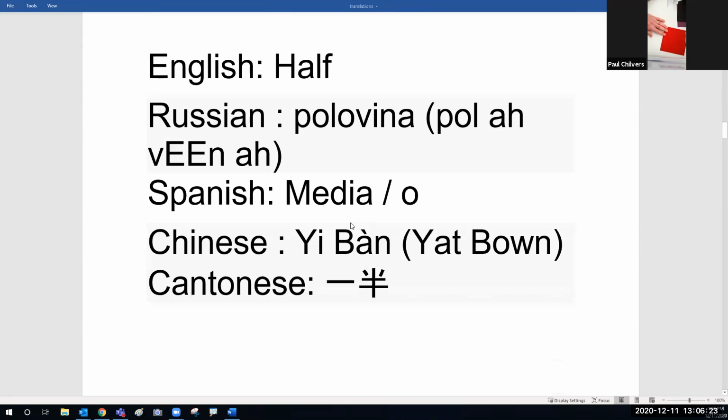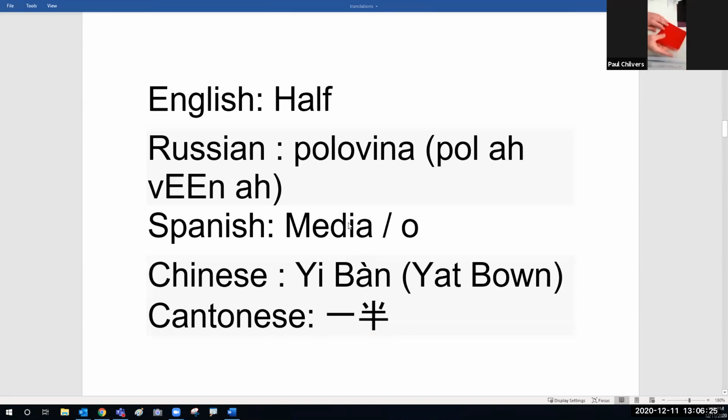Okay. When we fold something in half, we are folding polovinu, or in Spanish, medio. Chinese, yiban. So that's half.